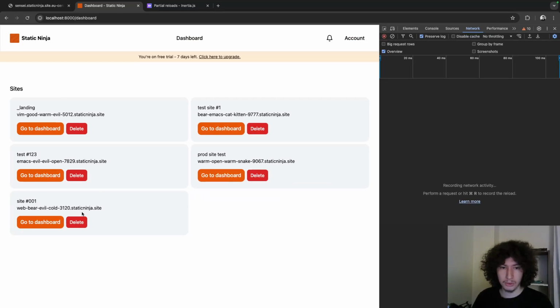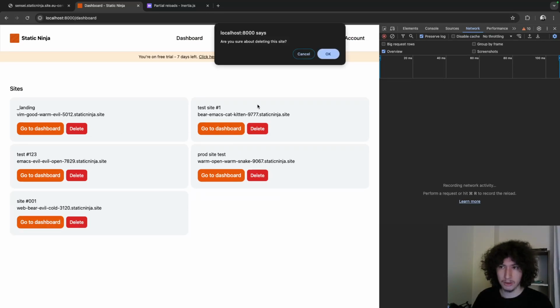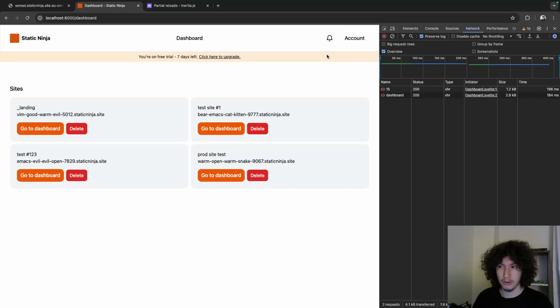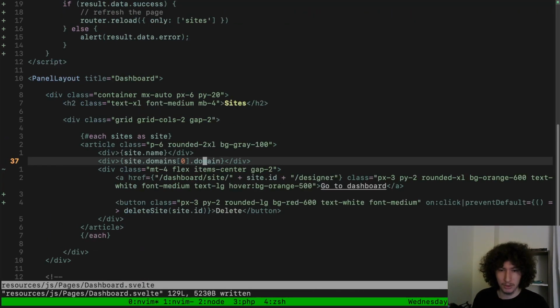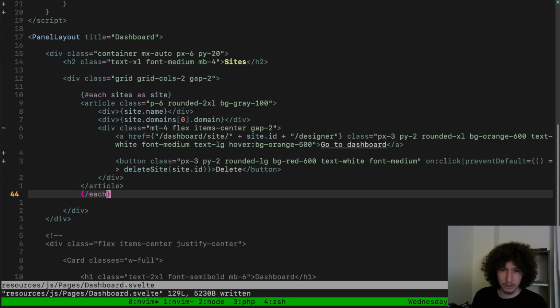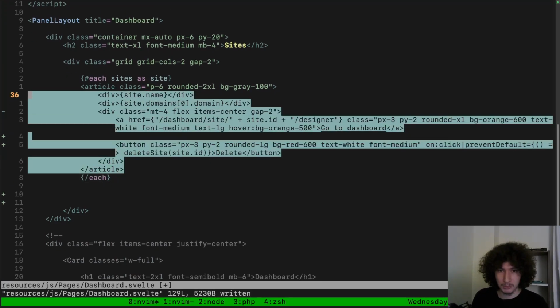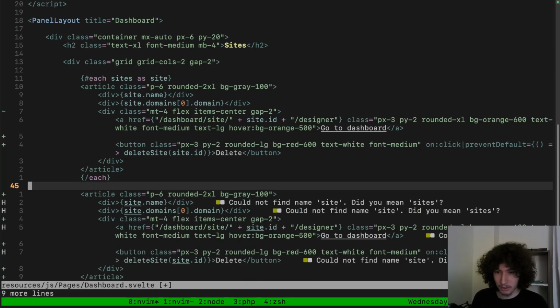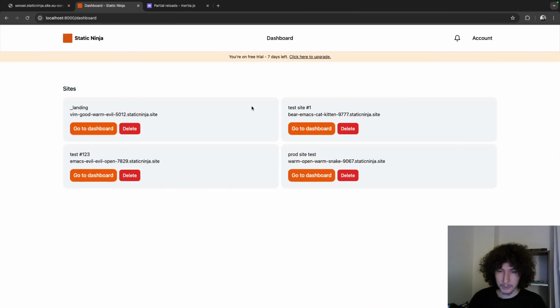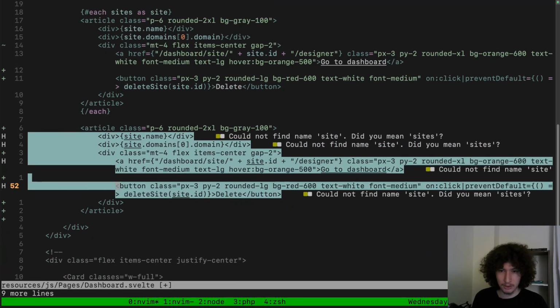Open the console. So I'm gonna delete this site. Okay. Yeah, it is refreshed and it's done. Okay, cool. Now we can delete sites. So I may need to add a new site now. Yeah, so to do that, I'm gonna copy this as a template and just